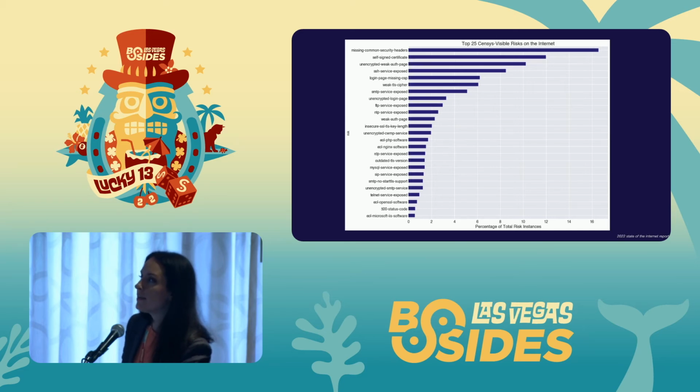I will say that if I were an early security hire at an organization and I saw lots of flags for this kind of thing, like no security headers, lots of self-signed certificates, that would be a sign to me that perhaps other security concerns might be flying under the radar. While I wouldn't necessarily think those were the alarms, they would be small red flags, maybe pink flags, if you will, that would make me think, maybe I should go talk to the dev teams and see what's going on. However,